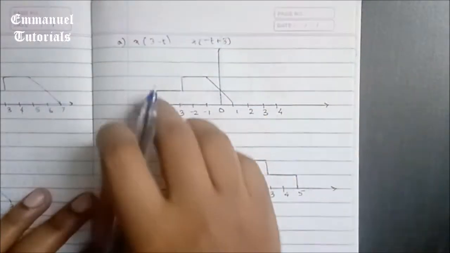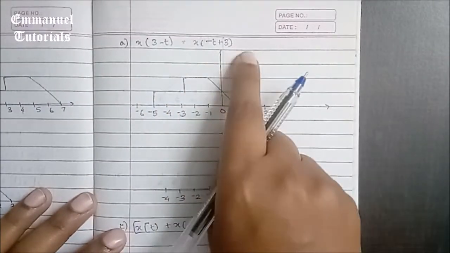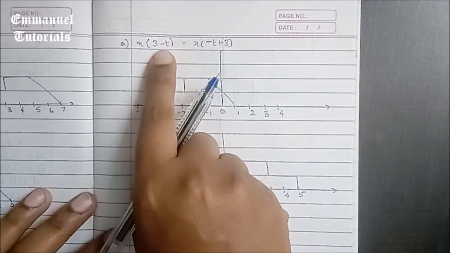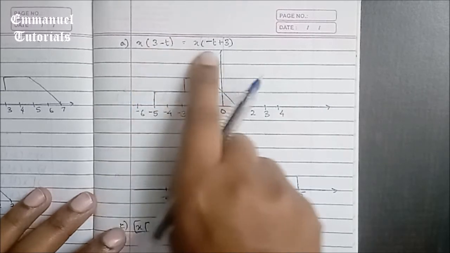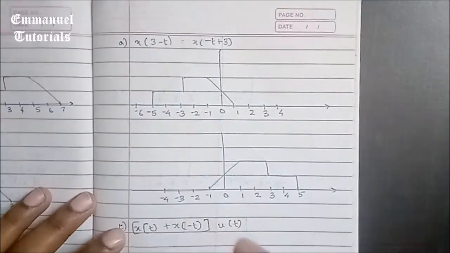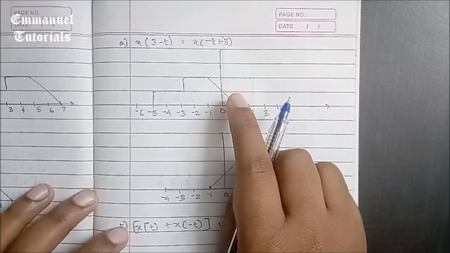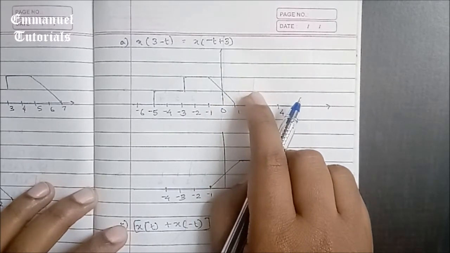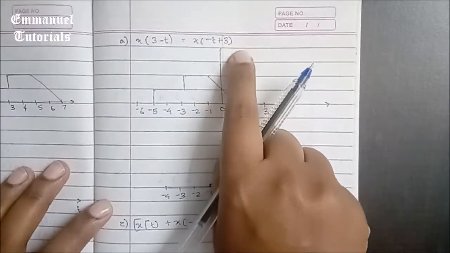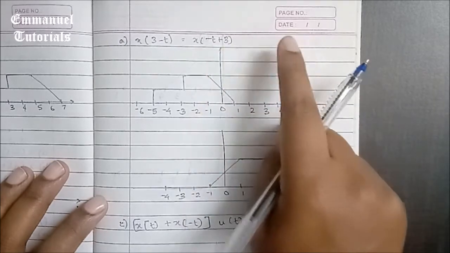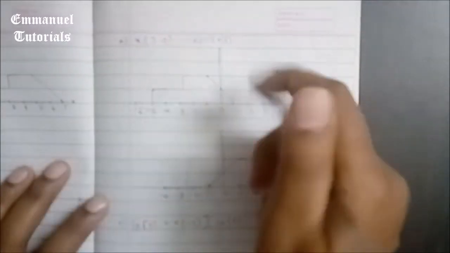This is the one, x of 3 minus t. It can also be written as x of minus t plus 3, just interchanging the positions. By the precedence rule, as you might have seen in previous videos, first we do the time shifting and then time scaling and time reversal. Here, plus 3 is time shifting, and it is an advance, because it is a plus sign, and advance means you're moving the signal to the left by a particular t0 value.